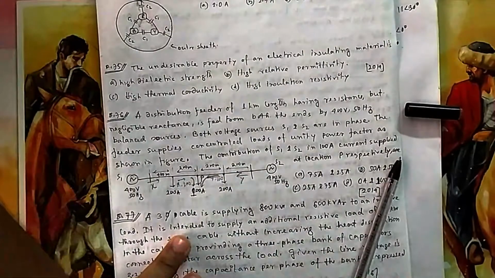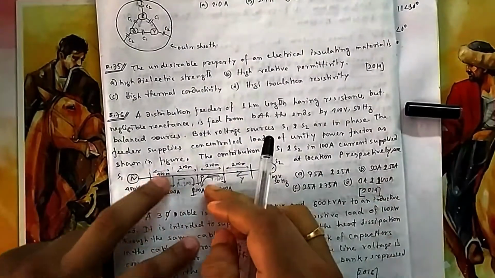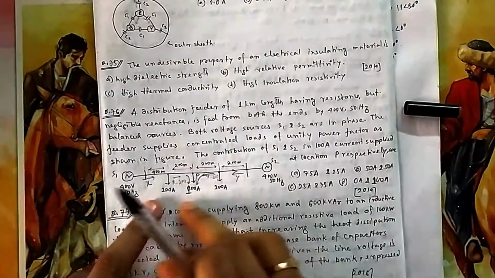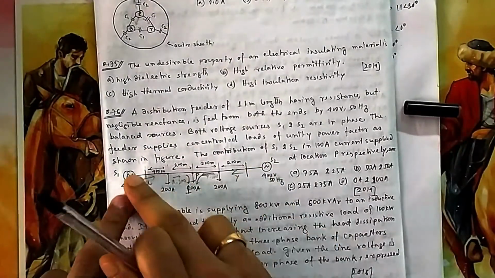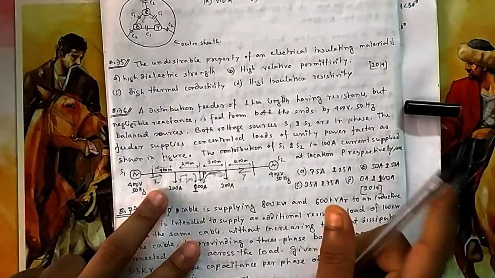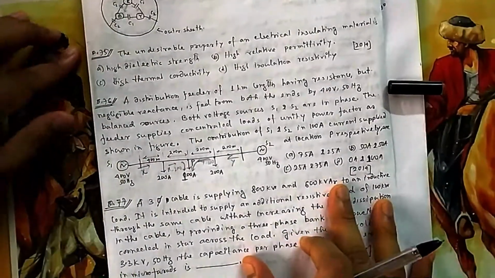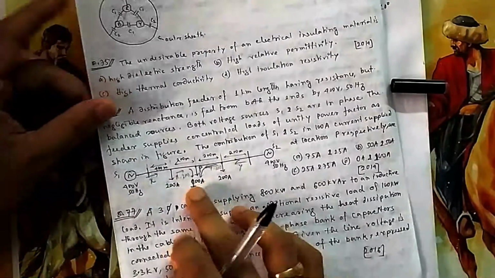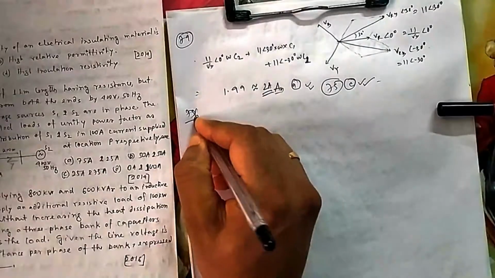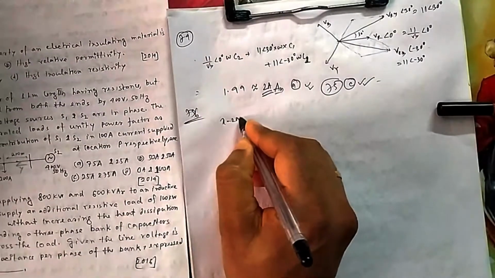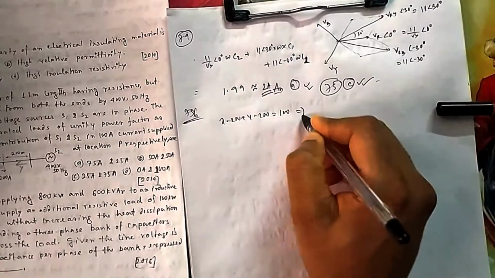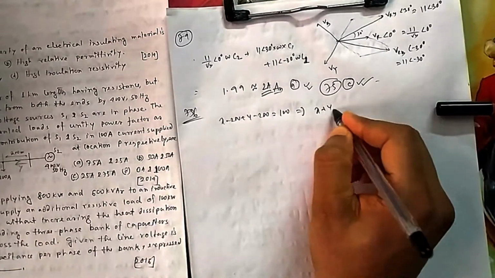The summation of these two, X minus 200 and Y minus 200, should be equal to 100. So we have to calculate how much is coming from here and how much is coming from this side. Again, the drop from here to here is 0, because this is also at 400 and this is also at 400, and the phase angles are also equal. So the first condition is X minus 200 plus Y minus 200 should be equal to this 100 ampere, which implies X plus Y is equal to 500.